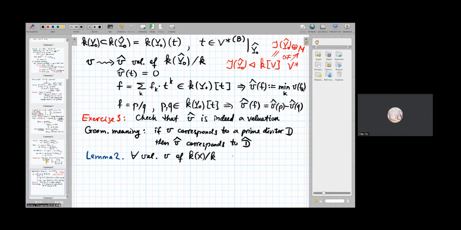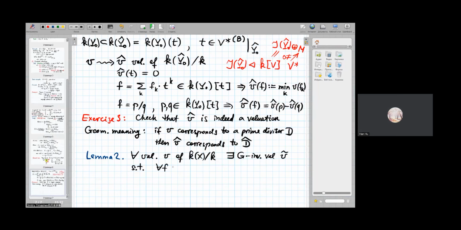For any such valuation V, there exists a G invariant valuation V tilde of the same field, such that